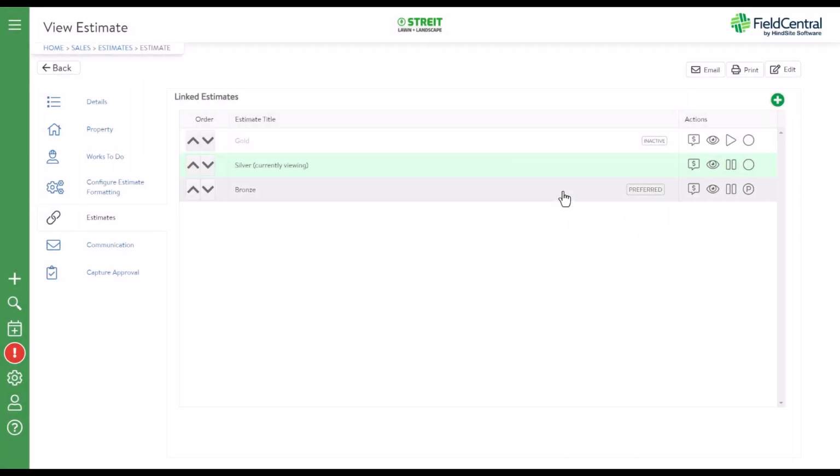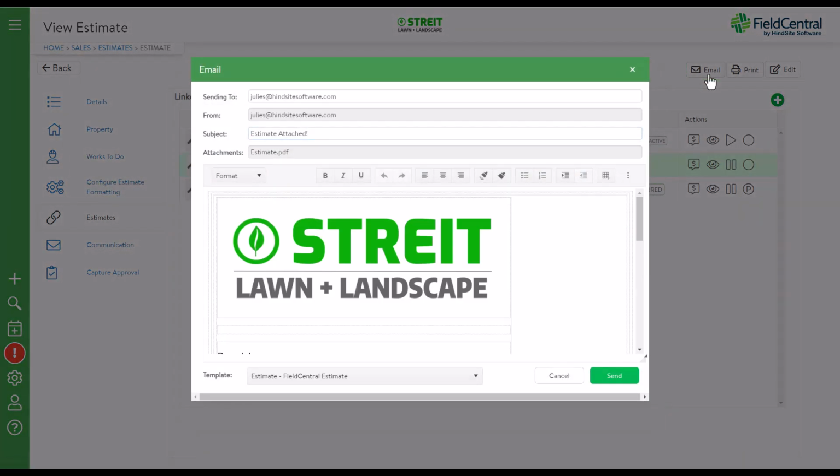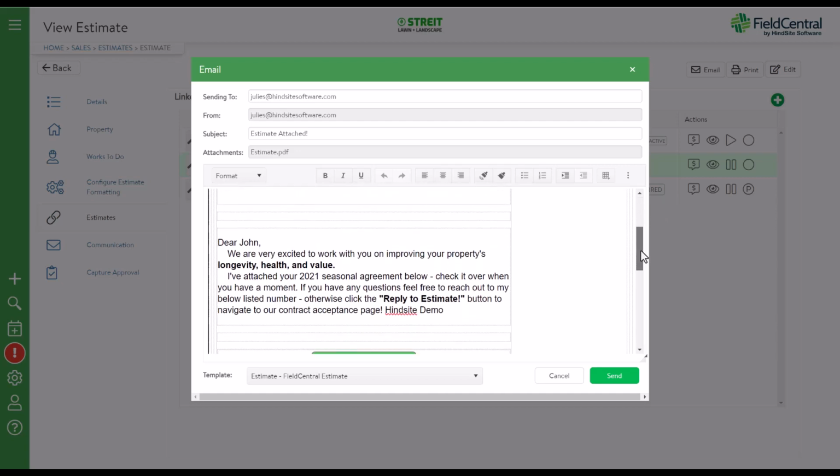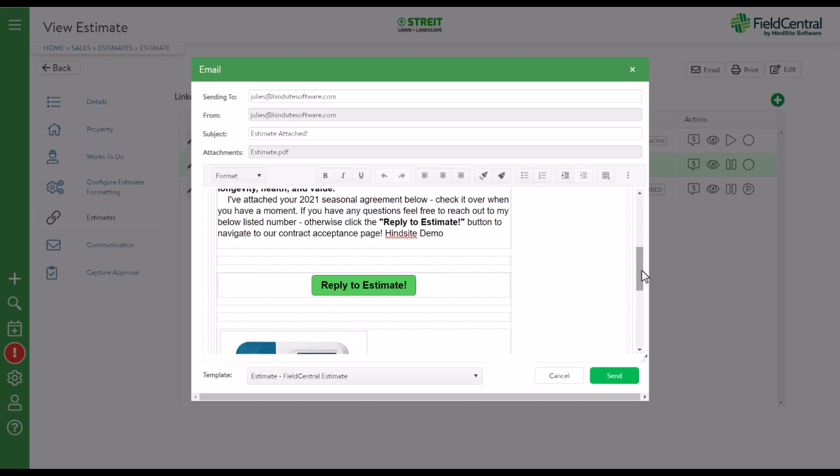When the user is ready to distribute the multi-bid package, they will select if they would like to email or print. By selecting either of the options, only the active linked estimates will be included in the customer communication. For this example, we will utilize the email functionality. When the user selects to email, they will be provided a preview or confirmation window where they will confirm the contact information and email subject line. The user will then click Send when they are ready.